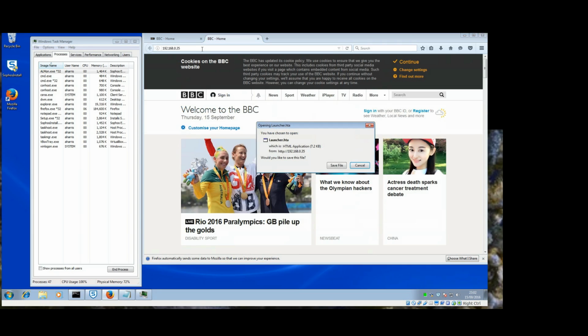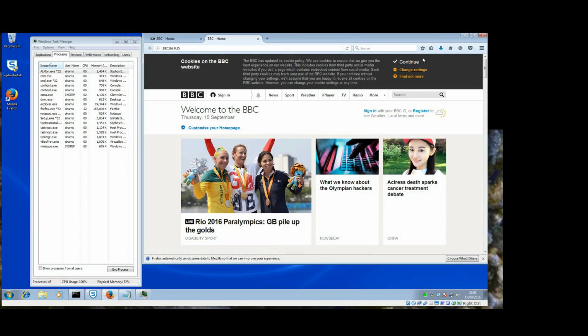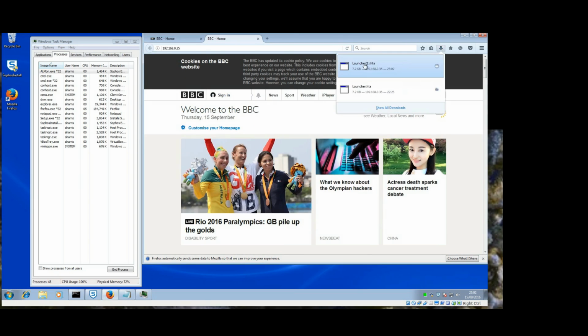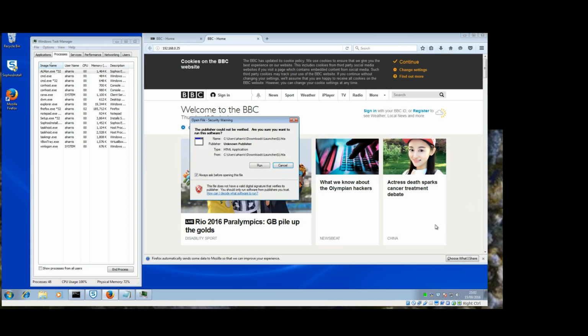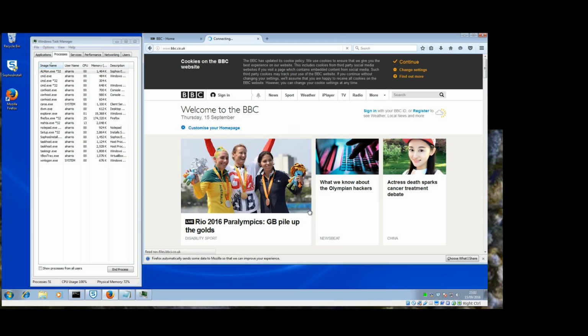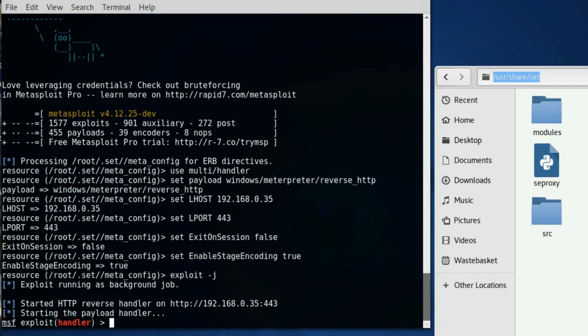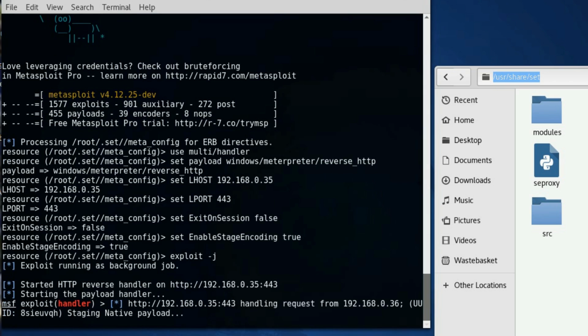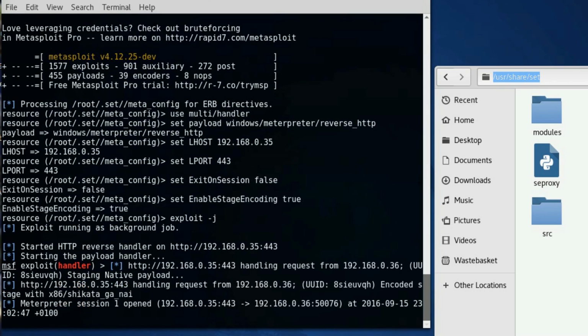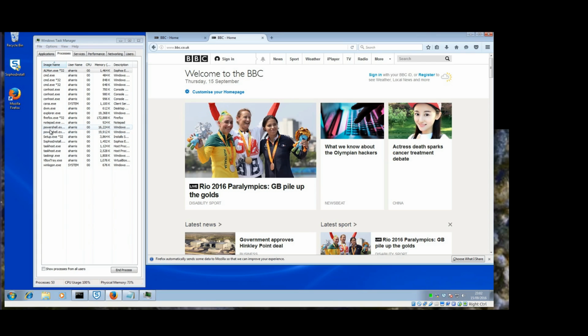Now once it opens, you'll see we get a pop-up and we save the file because it's trying to download something. Then we run the file. Now what we would do is inject a bit of code into the web page that's now on our local server to give an incentive, such as, hey, check the salaries of all the BBC executives by clicking these 2 links. The minute you click that second OK, you notice there we had the PowerShell made a connection to my